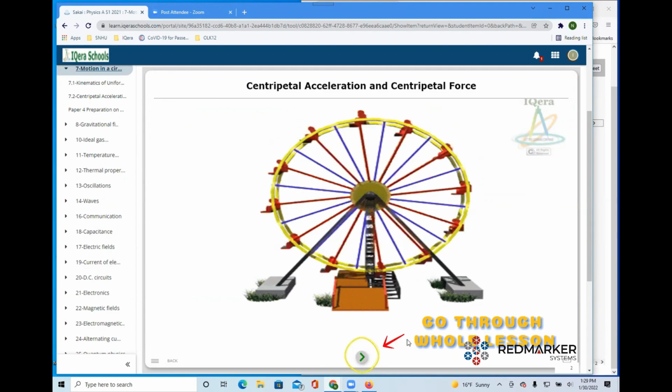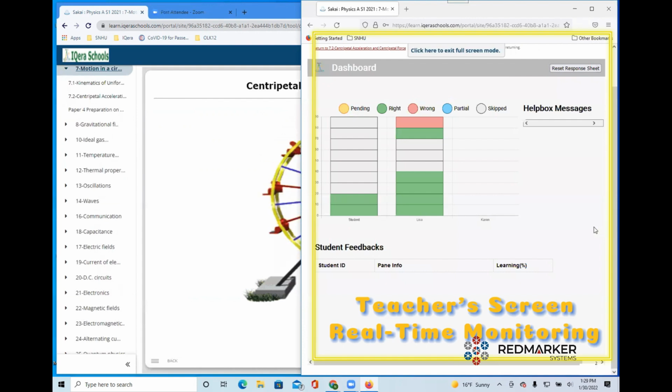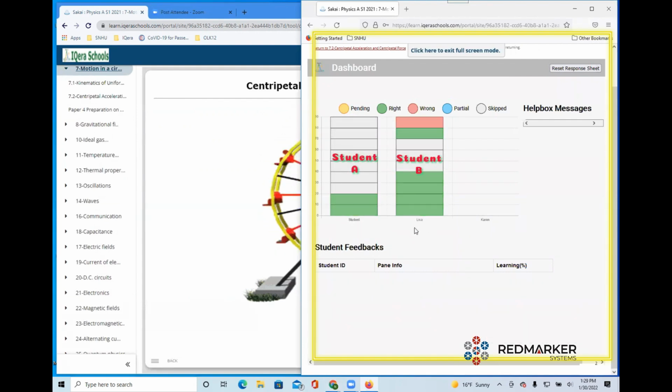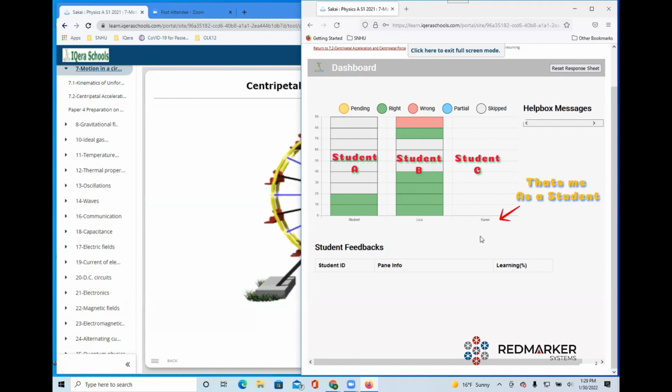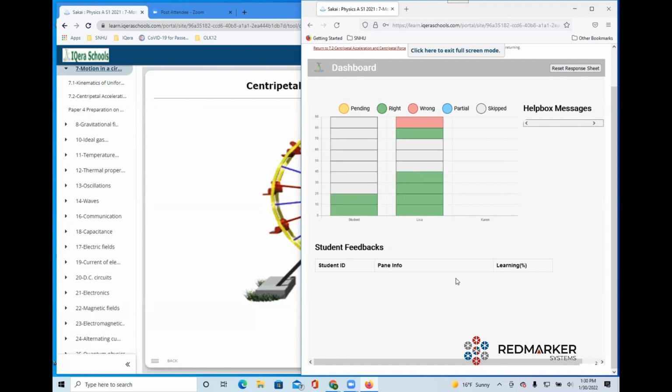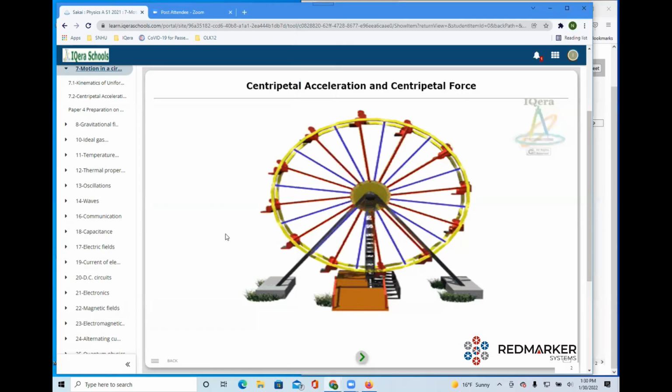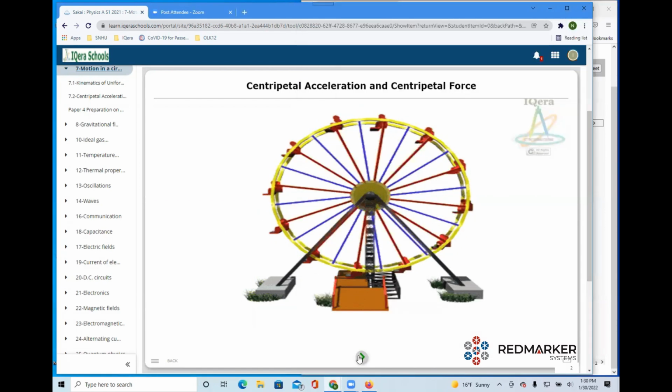I'm also logged in as a teacher. My sneaky screen back here. So you can see there was another student in there. There was another student, Lisa, and then Karen is the one I just logged into. So just keep this in mind. This here is what the instructor is seeing. Okay, so I'm going to go back to my student login,